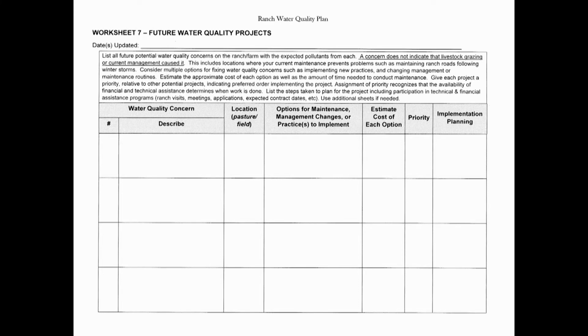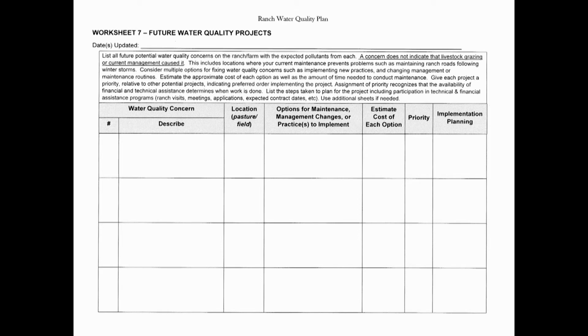listed. Your first step is to review your ranch maps in Worksheets 4 and 5 so you can recall project opportunities. Another useful source of information is Worksheet 6 that you used to list projects and practices that you have already done. Worksheet 7 is completed at the onset of developing your overall plan and is a critical step for you and your ranch. It should be revisited on an annual basis along with Worksheet 6 to make it the most useful. If you have implemented a project identified on Worksheet 7, you can move it to Worksheet 6.